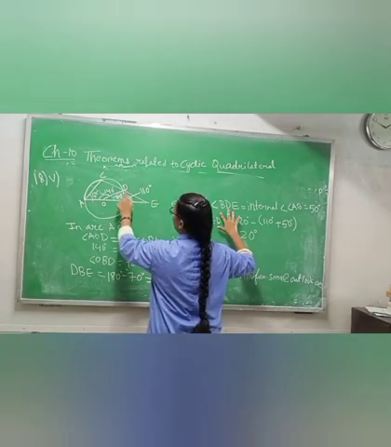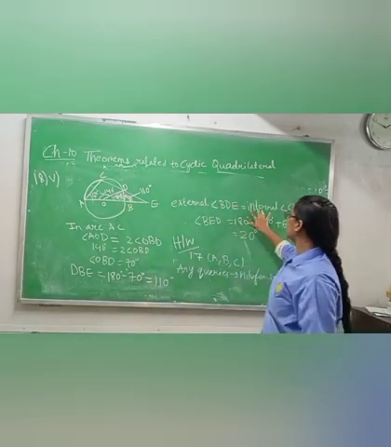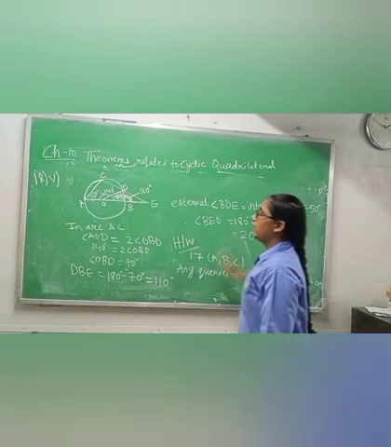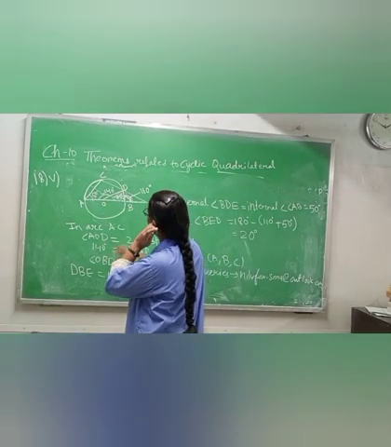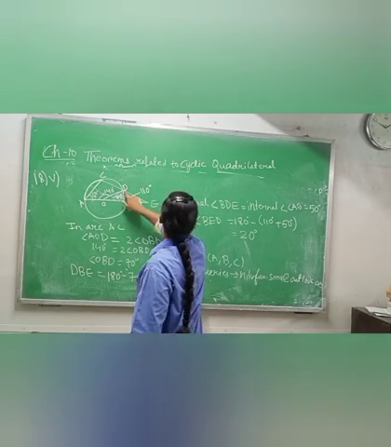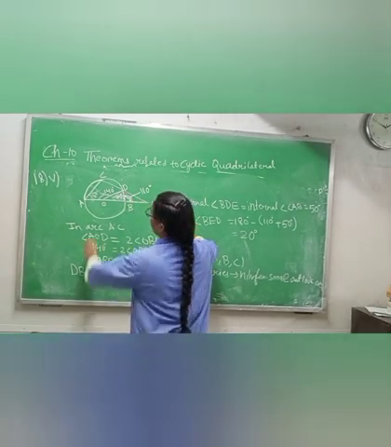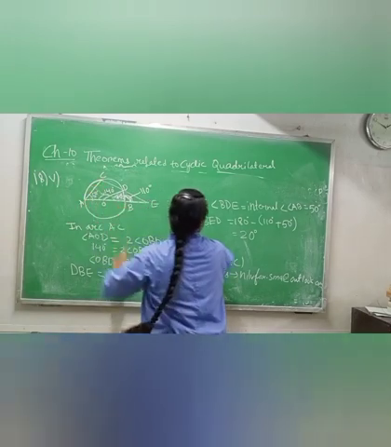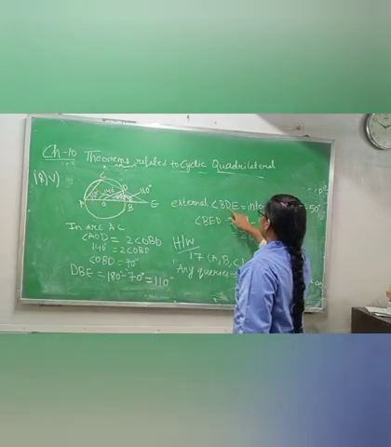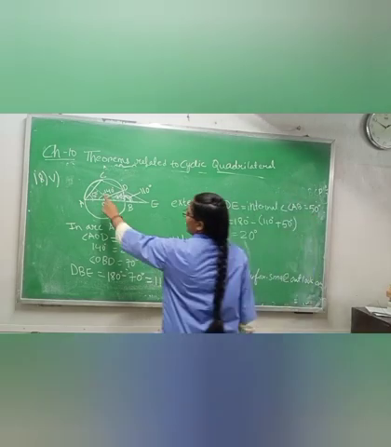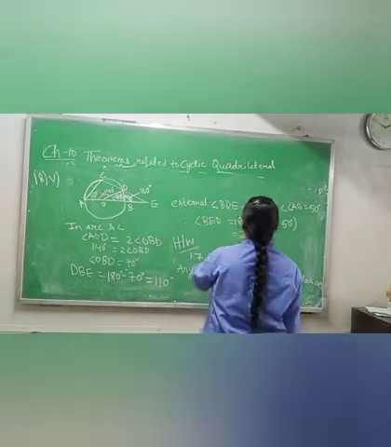Now external angle BDE, this one is the external angle, is always equal to the internal angle CAB. See, BDE is the external angle, always equal to the internal angle CAB. It means that BDE is also 50 degrees because CAB is 50 degrees.